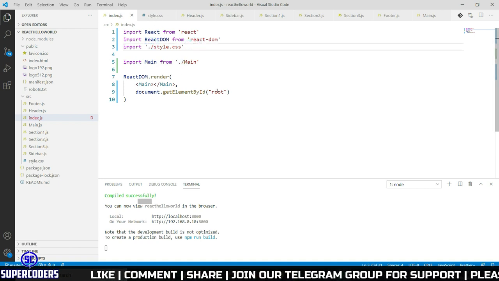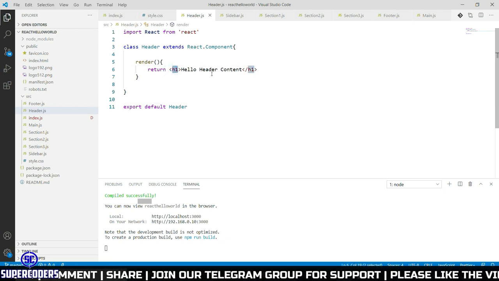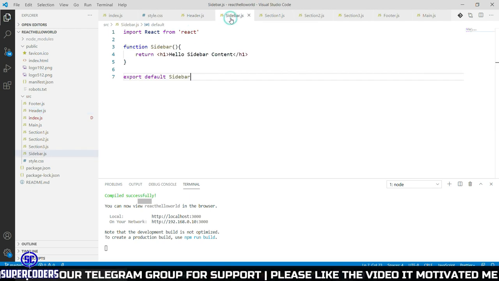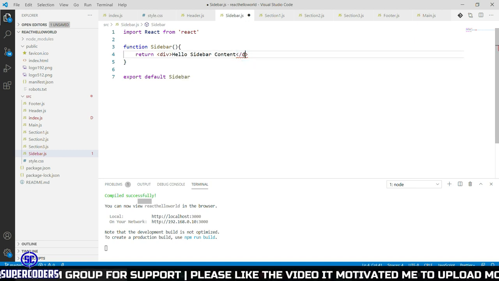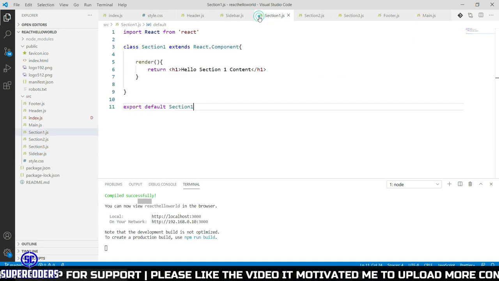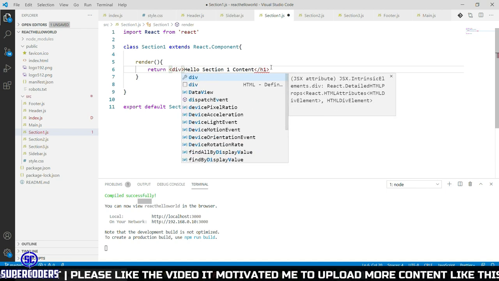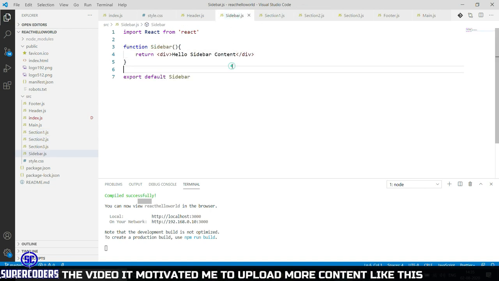Now let's do styling of our web page. So here instead of h1, change it to div. Now in sidebar, change it to div. Here also div. Then section 1 div. Changes to div. So save every file.